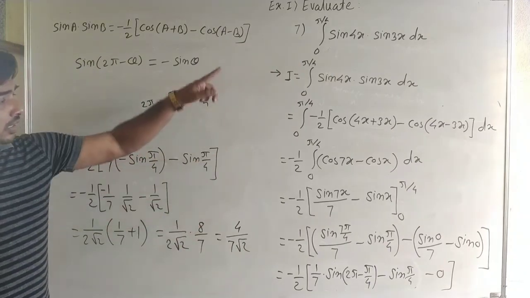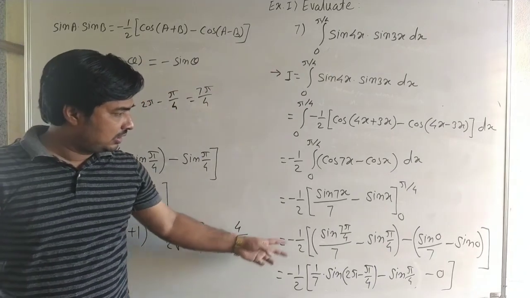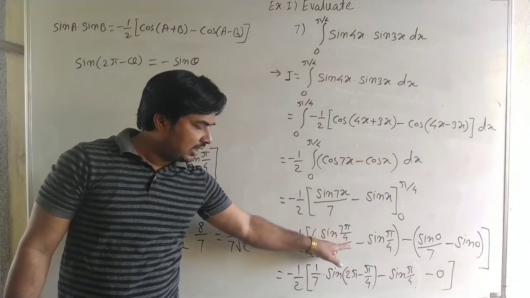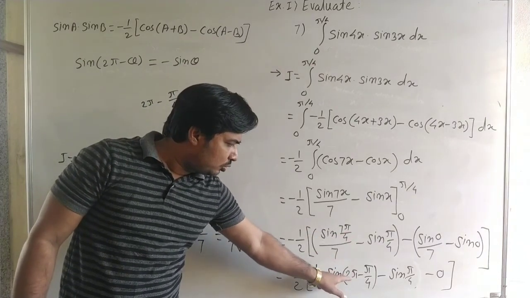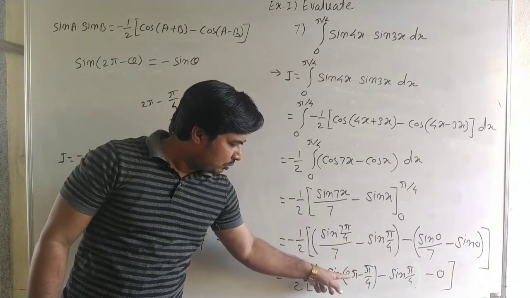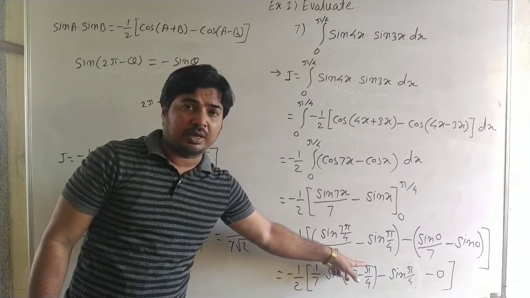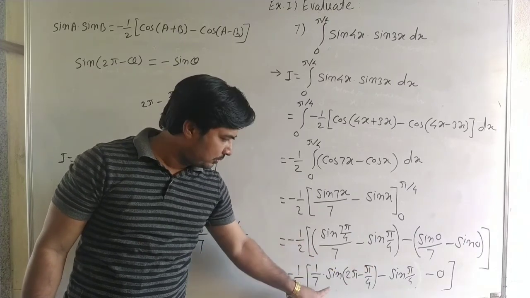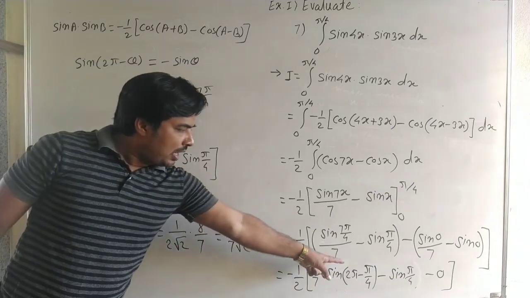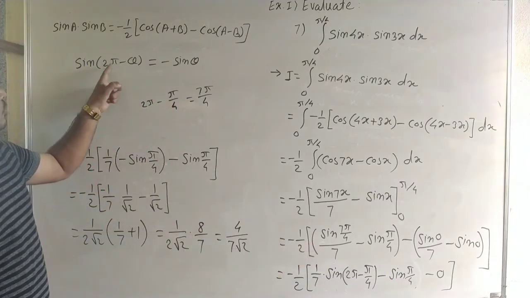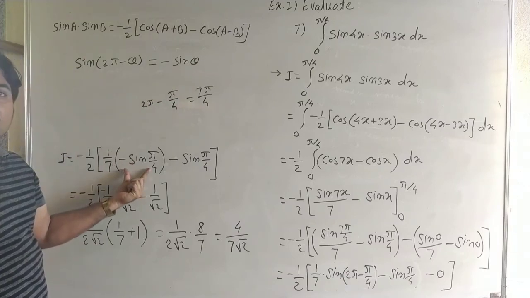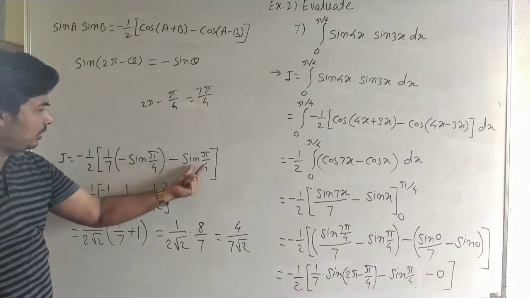Okay, now here check all the calculation. Here it is 7 pi by 4, so we use this angle converted into the allied angle, 2 pi minus pi by 4. 4 into 2 pi is 8, 8 minus pi is 7, so 7 pi upon 4, and it is pi by 4. Now again, sin(2 pi minus theta) is equal to minus sin theta, so we use again the formula for the allied angle,